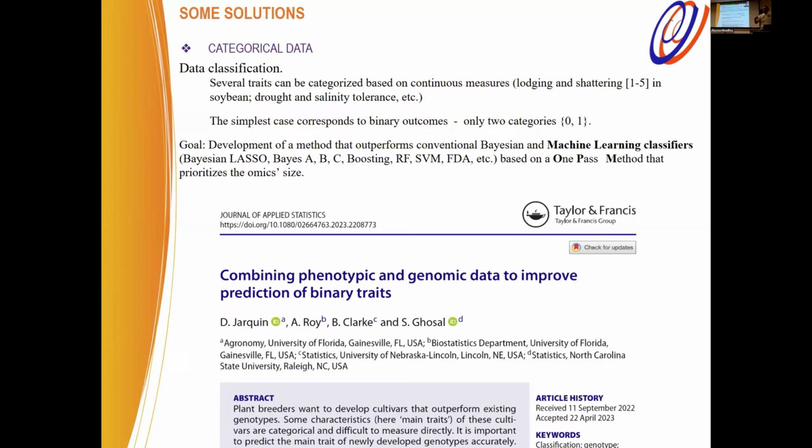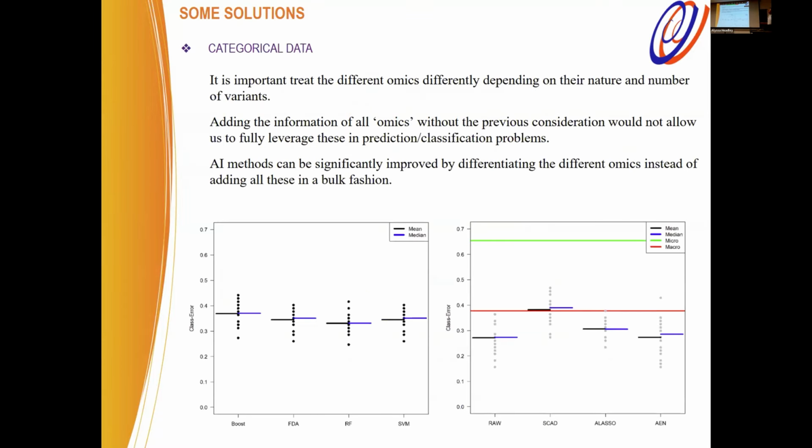with the layer that has the fewest variables, and then we select conditional on that from the next set of variables. You can put together 6, 7 different omics, and it's going to work well. There we work with classification. We have a binary case, yes or no, present or absent, and we evaluate the model's performance based on the classification error. The lower the classification error, the better.